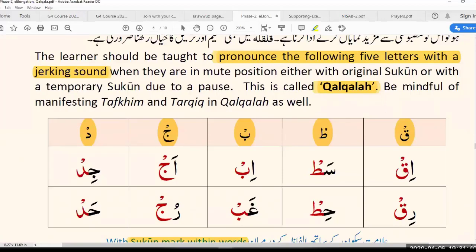I'm sorry about that. So there's two words which contain all the letters, and if you remember that, then you know what the letters are.